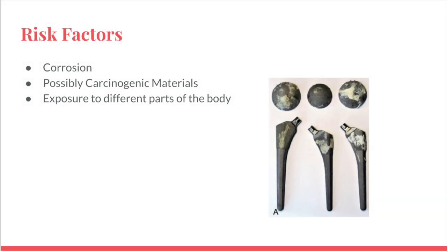Though total hip replacement is a widely used procedure, there are still multiple risk factors that lead to revision surgery. Fretting corrosion is a common failure that occurs when metal from an implant begins to deteriorate. Another prevalent issue is corrosion of the implants. The presence of blood, tissue, and organic fluids in the environment of sleeve engagement was identified as the main cause of severe corrosion. Cobalt, a form of metal used in hip replacements, has been classified as possibly carcinogenic to humans, primarily if it encounters microenvironments such as the liver, spleen, and lymph nodes.